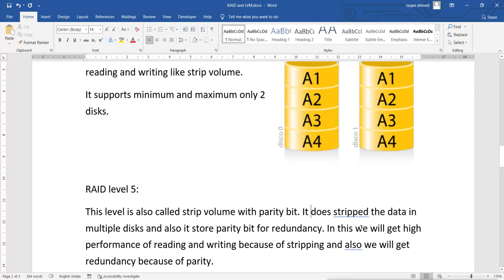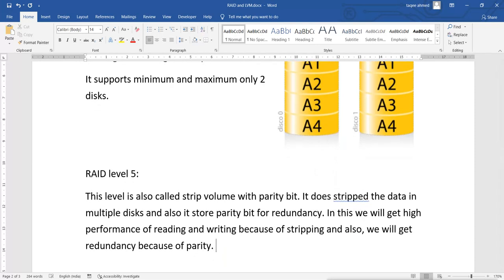Now we also get the combined space of data.